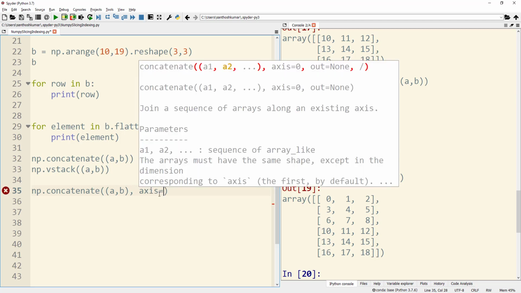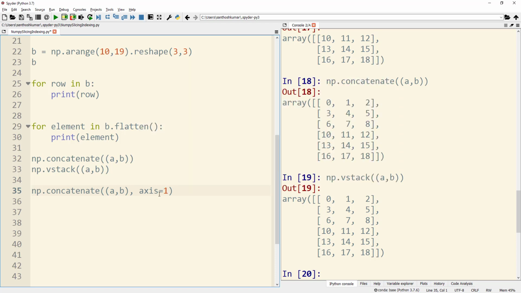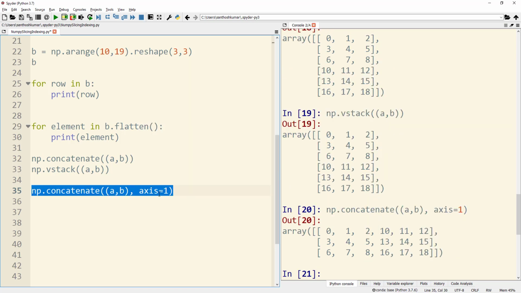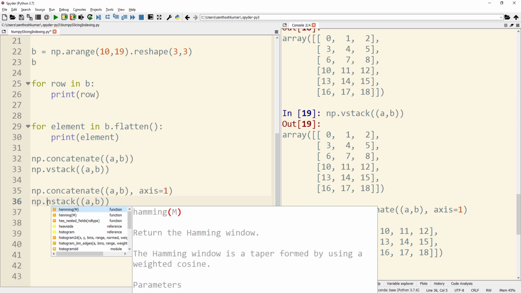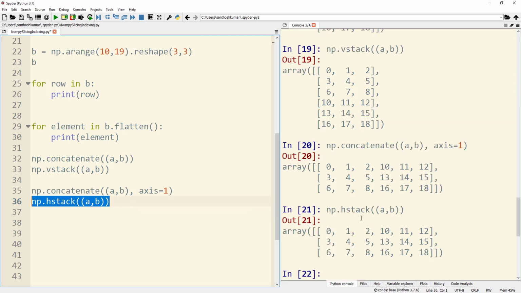So when I do this and display it, you can see that both the arrays A and B are stacked horizontally. The same effect can be obtained by using np.hstack, which is horizontal stack, and you can just check out the result over here. When I run the code in line number 36, you can see that both the arrays are stacked horizontally.